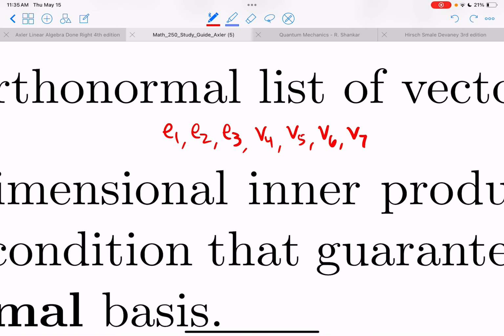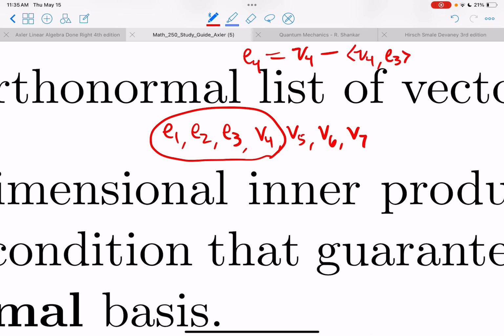And now just apply Gram-Schmidt. You see, you're good on these three. So then you take V4 and you just start subtracting off. So you produce E4 by taking V4 and subtracting off the piece of it that's along E3 and subtracting off the piece of it that's along E2. And so you're just working within this 4-dimensional space